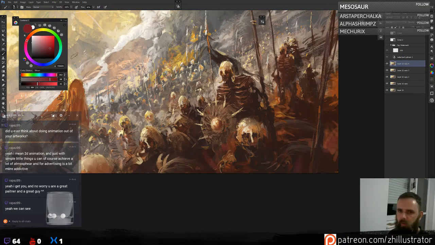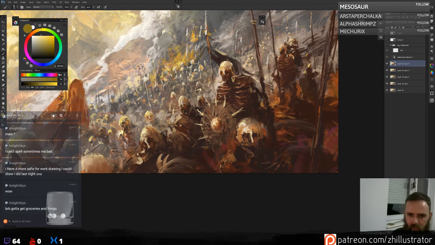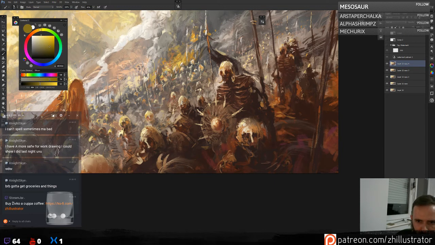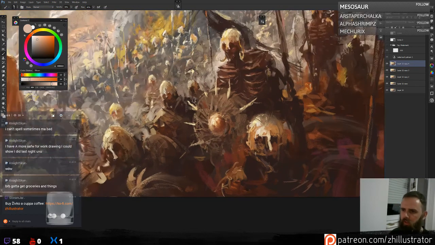Just play around with the hue, make it purple and a little bit of yellow and green. I need a warmer color here. I like Colorus. Colorus is a really nice plugin for Photoshop. It makes my color picking super easy.